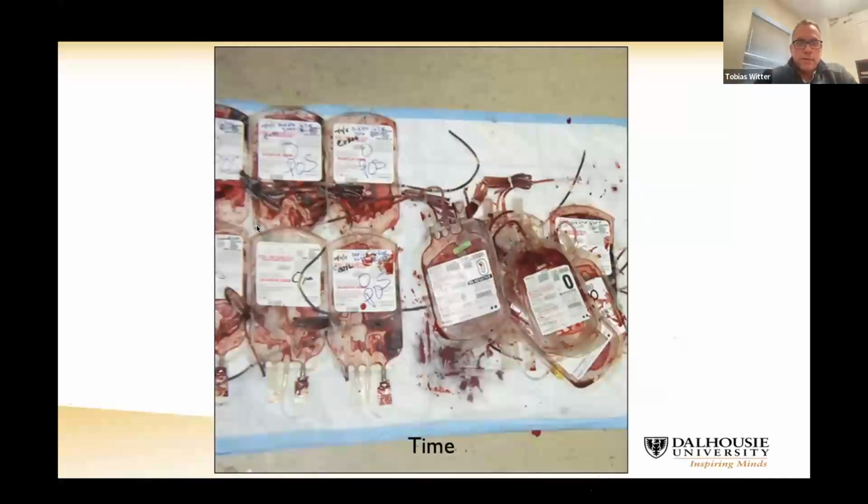This is how they sometimes look, right? As time goes on, initially we resuscitate a little bit, everything looks nicely, we put our bags down, everything's cute, and then after 6, 7, 8, 9, 10 units, it becomes a chaos, and then we just throw the bags on the floor, but also our resuscitation gets a little bit more chaotic.